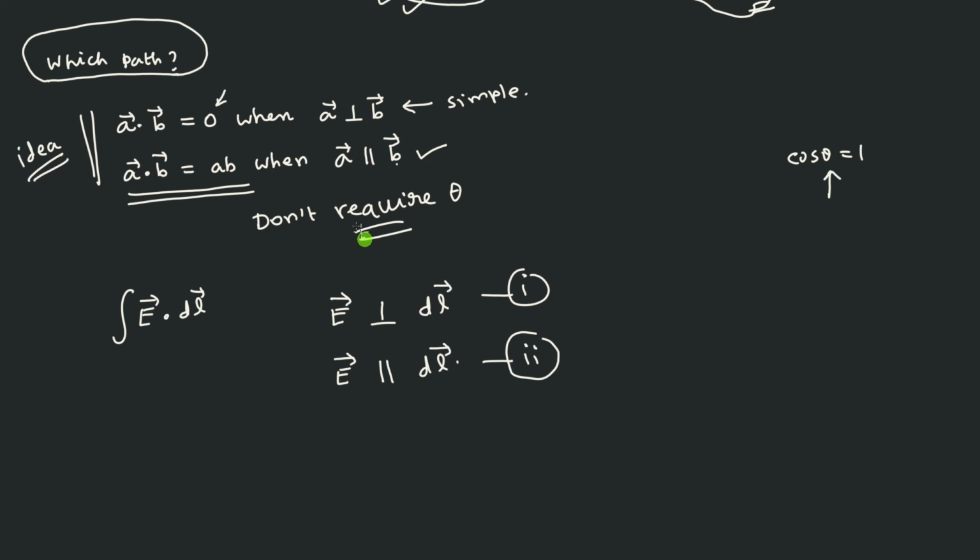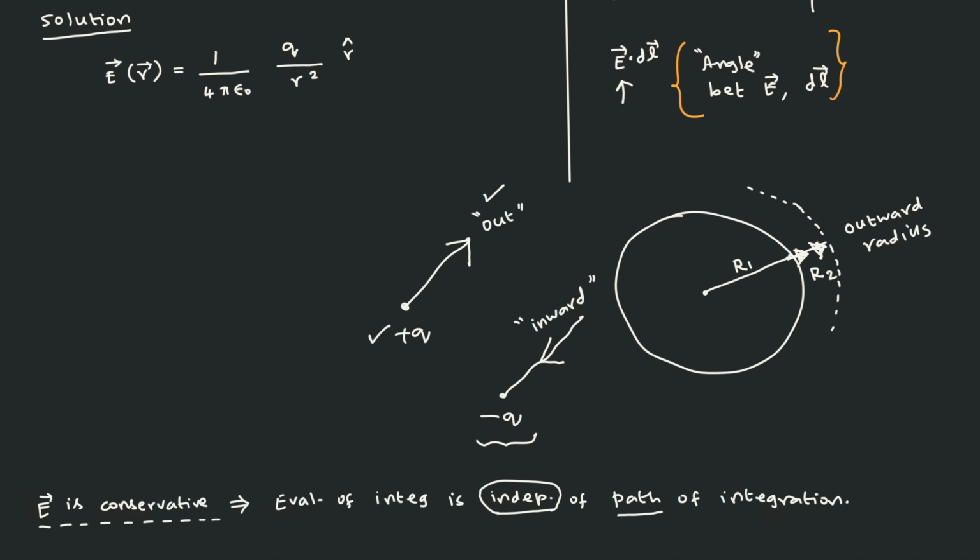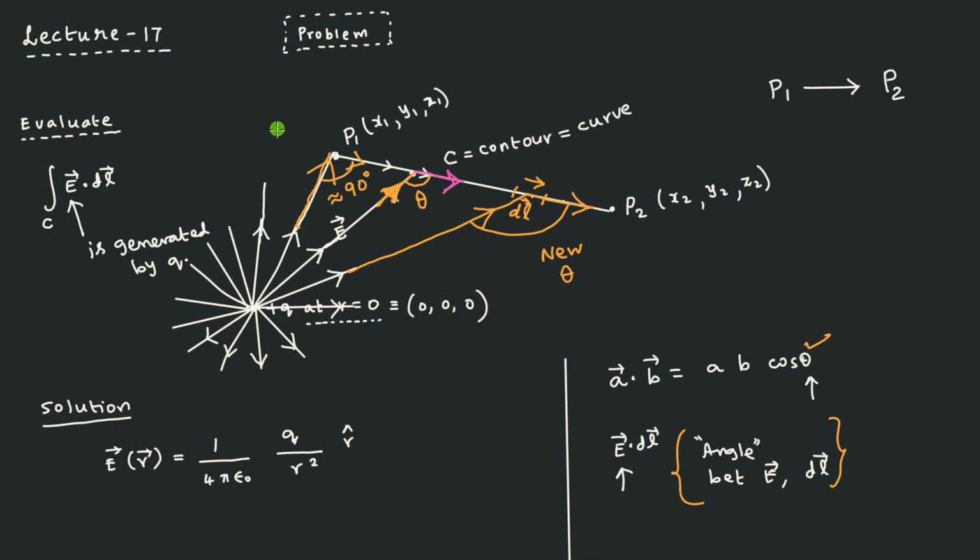If it is satisfied, then the answer can be easily written down: you can write either 0 or you simply write AB. So I don't require theta, because this theta only created a problem for you, right? So let us go back here. And I told that this 90 degree is becoming something else and then it is becoming new theta, and we do not know without having this theta how to calculate. That is how you started with the difficulty.